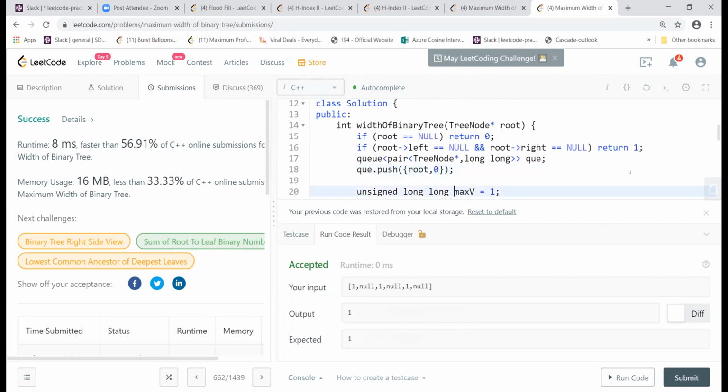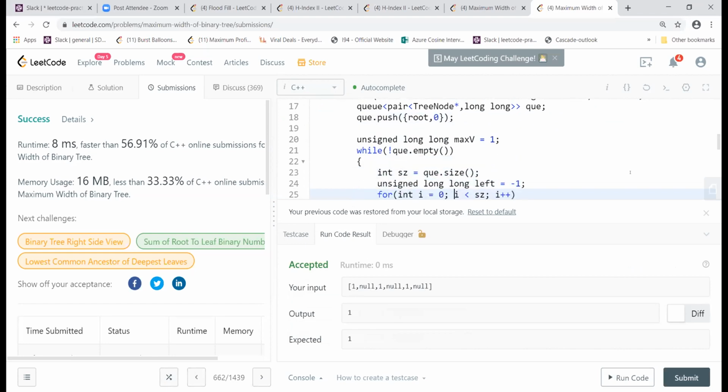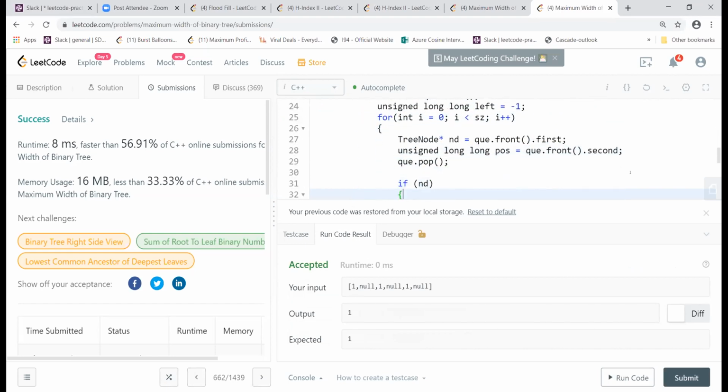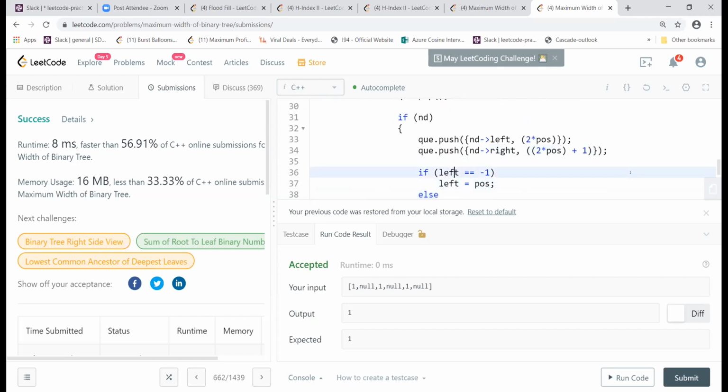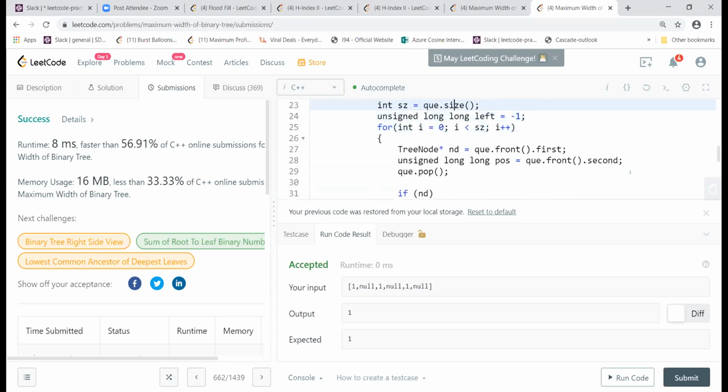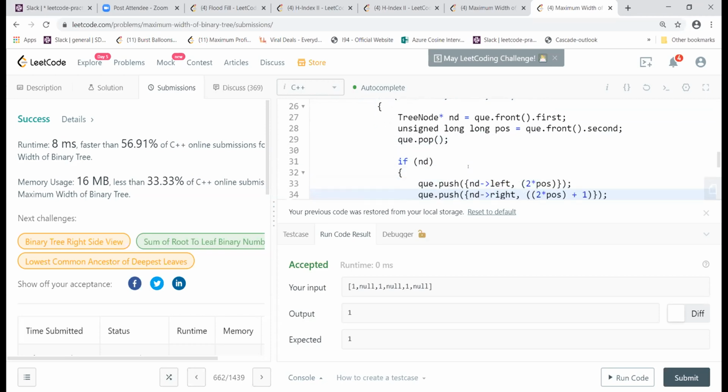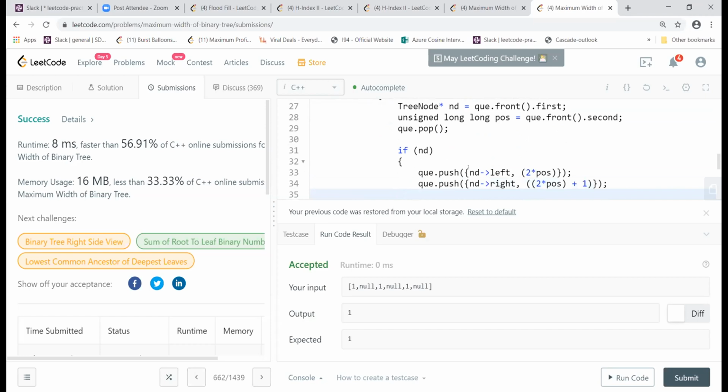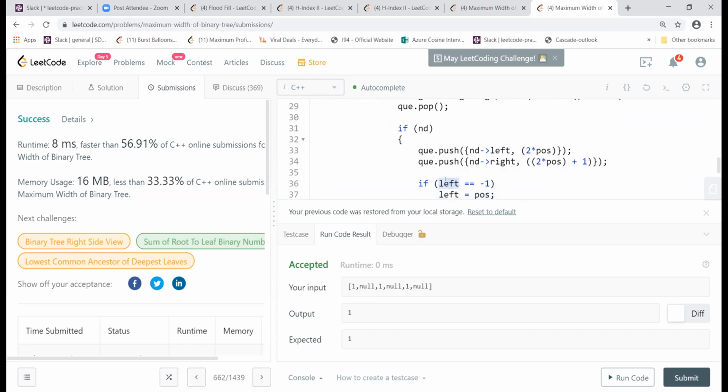So how does it get 1? Because at every level it is going to come here, and left is always -1. Whenever you have any of the leaves and you're trying to push it, level is 0 in the first case. So when you are pushing 2 into 0, in this case they are all right children, right? Yes, they are all right trees.